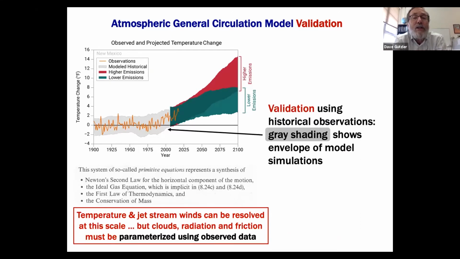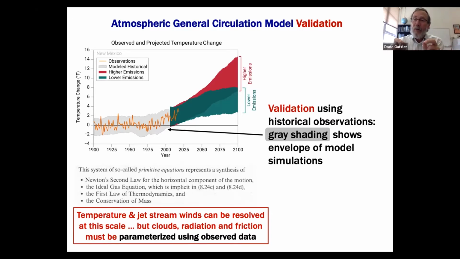So this curve is from the last National Climate Assessment, and that yellow curve that's jaggedy is actual data. So this is averaged over the state of New Mexico, and it shows actual spatially averaged data from actual thermometers across the state of New Mexico since 1900. And what we want our models to do is to simulate roughly how that curve looks.